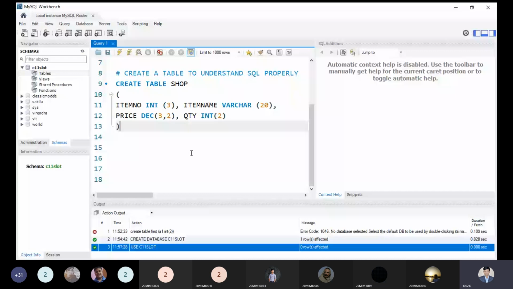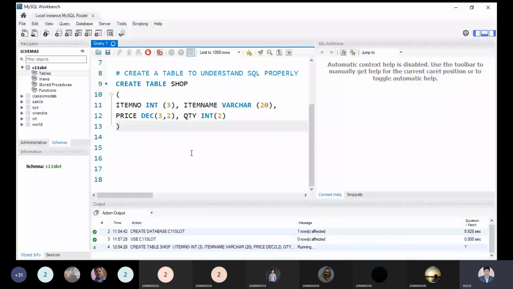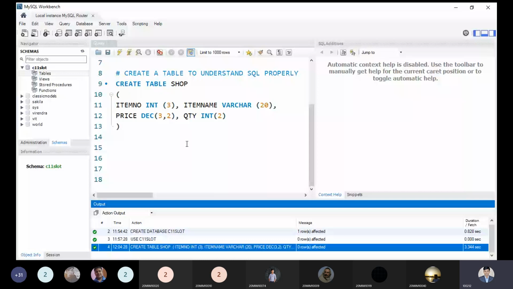Yes, sir. Any doubt in this query? No, sir. Okay, so I am trying to execute. It is being executed. Okay, it is executed perfectly. So you will be able to see at the bottom side the green symbol saying to us we have created a table. Okay. If we are getting the message, then red cross will be there. So it means we are going to the right direction right now to understand the thing. Now, is it clear to all right now? Is it clear? Yes, sir.